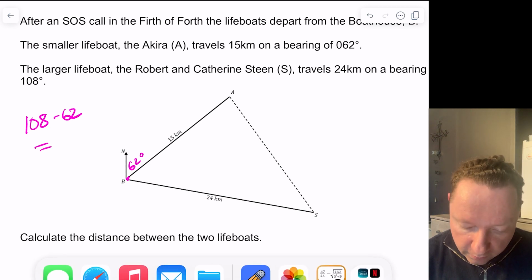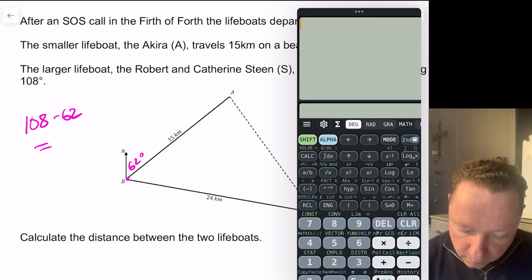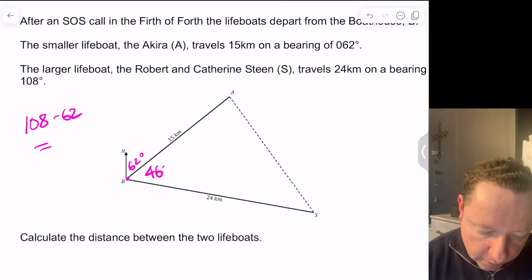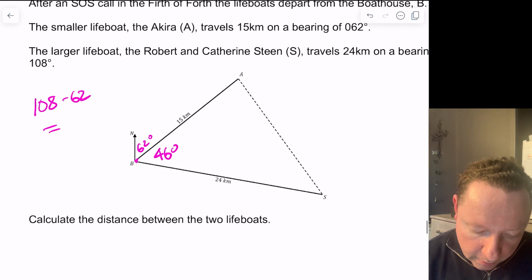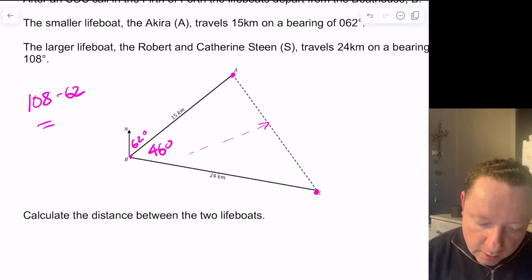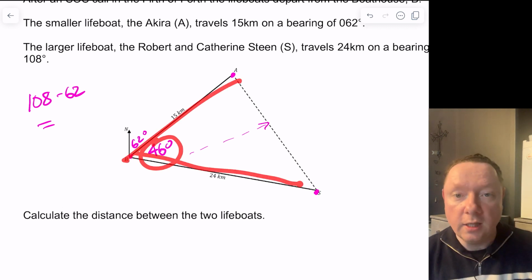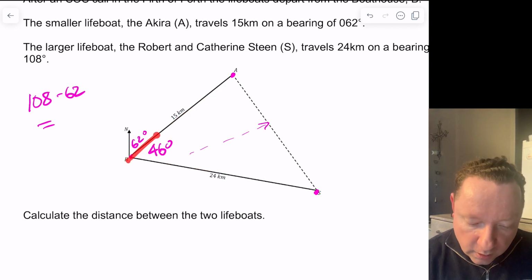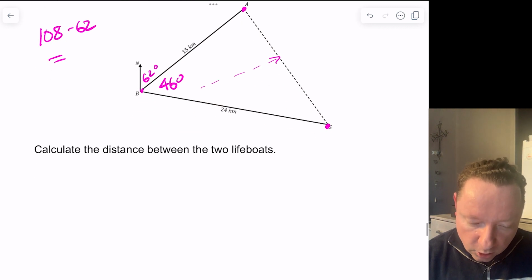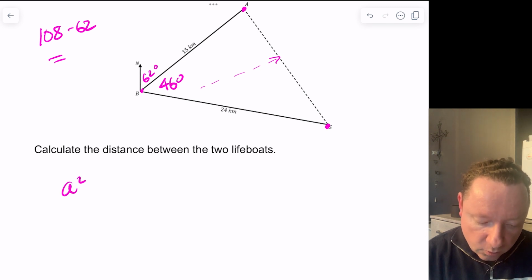Let's just get a calculator for that. That gives me 46 degrees inside here, and it says calculate the distance between the two lifeboats, lifeboat A and lifeboat B, so it's this side that I want. I've got an angle in between two sides, so it's a cosine rule. The other way you know that is I've got two sides and I'm finding the third side. Using the start of the exam paper, it says a squared equals b squared plus c squared minus 2bc cos A,